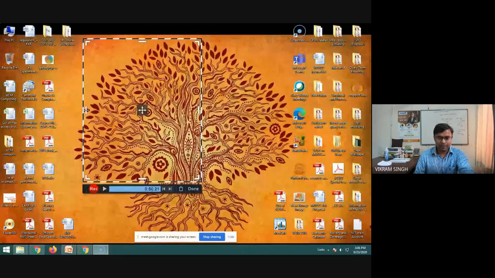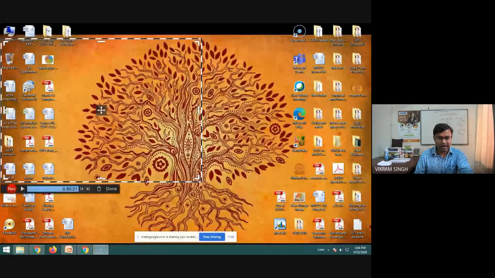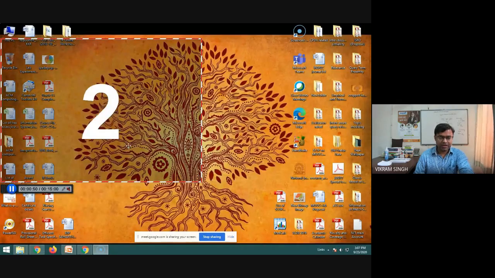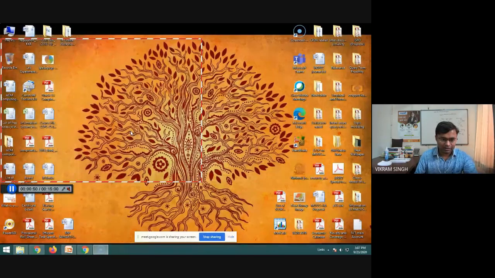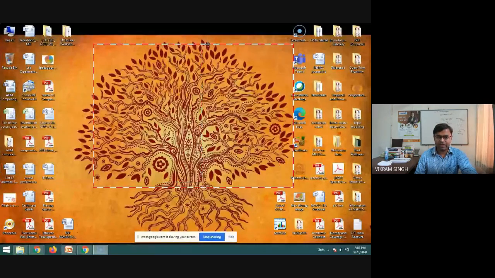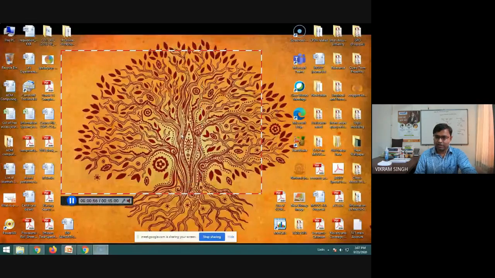Once you click on pause, now you can expand it, right? Then again it started with a counter that we have started recording, right? So in this way we can record a simple video with screen movements captured into it, right?